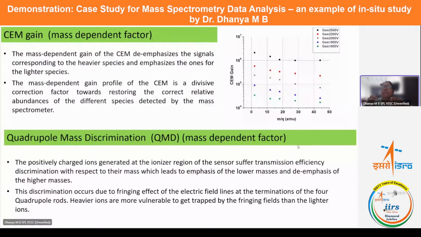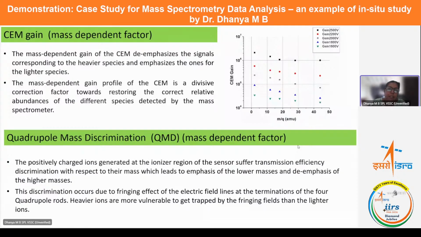That is nothing but when the masses pass through the quadrupole rods, between the four rods, there is also a mass dependent efficiency. Lighter ions will easily pass through compared to heavier ions. So there will be a de-emphasis of heavier ions. This is because of the fringing field effect at the end of the quadrupole rods, where heavier ions will get trapped. So this mass dependent correction for the quadrupole factor we have also arrived at